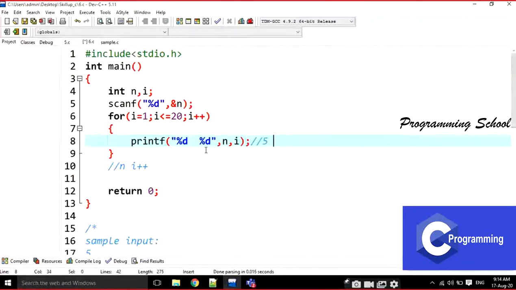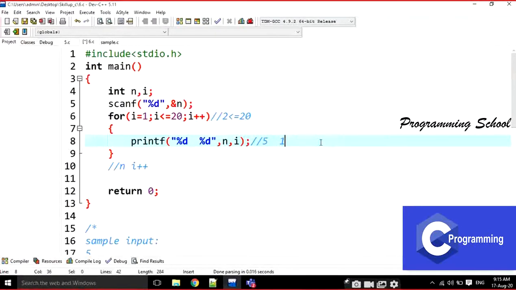N value 5 is printed, and here 1 is less than equal to 20. Is it true or not? Yes, it is true. Then I 1 is printed. Then I becomes 2 and 2 is less than equal to 20. Yes, again. Then it is going to print 5 and 2.